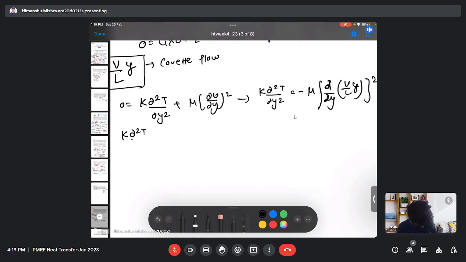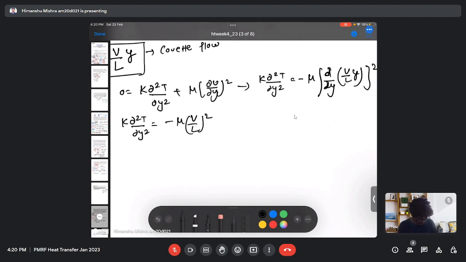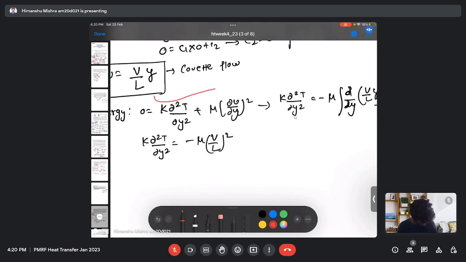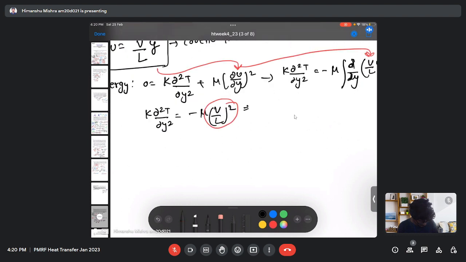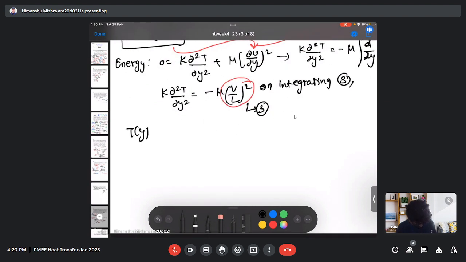So on simplification, I can write this as mu V by L square. So I just plug the velocity profile into this and differentiate my velocity profile to get this. So on integrating this equation number 3, I can write my temperature variation as